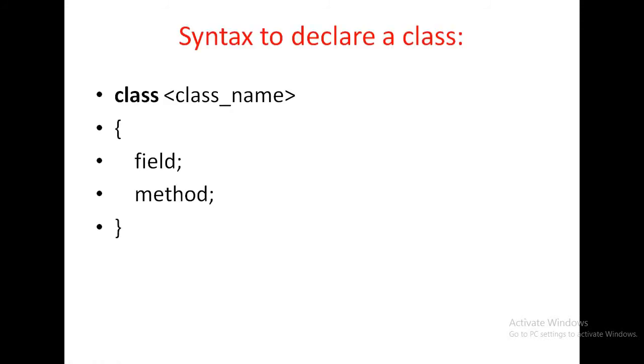Then how to declare a class in Java? We have already discussed in some previous classes. Generally I am writing class name, and you know that the first letter of the class name must be a capital letter. This is the syntax. Then curly braces start, curly braces end, and here all the data members and methods are generally present. Whatever code you write, all the things must be inside the class only.